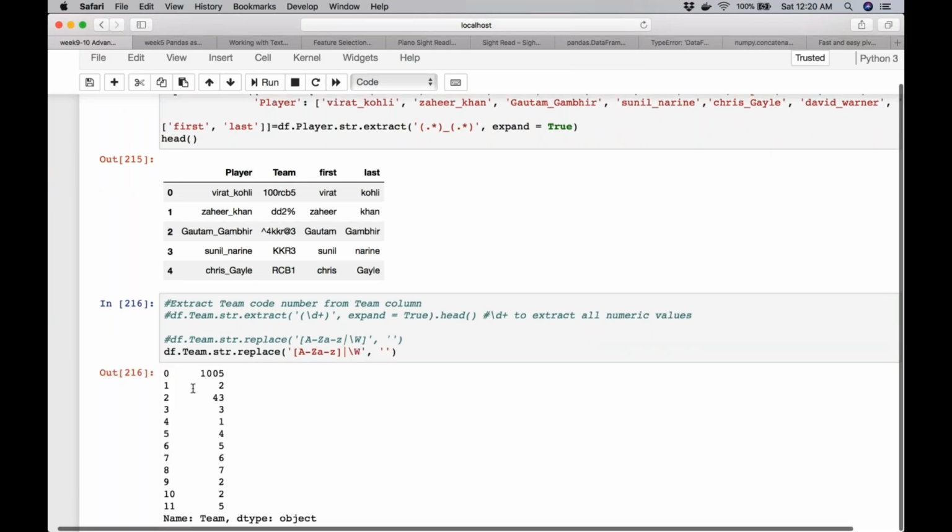So then I get the numbers. So basically I'm just replacing everything, which is